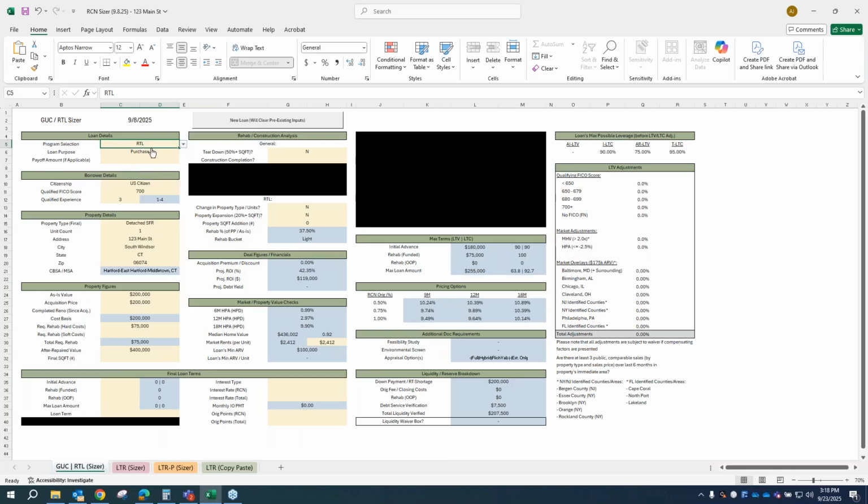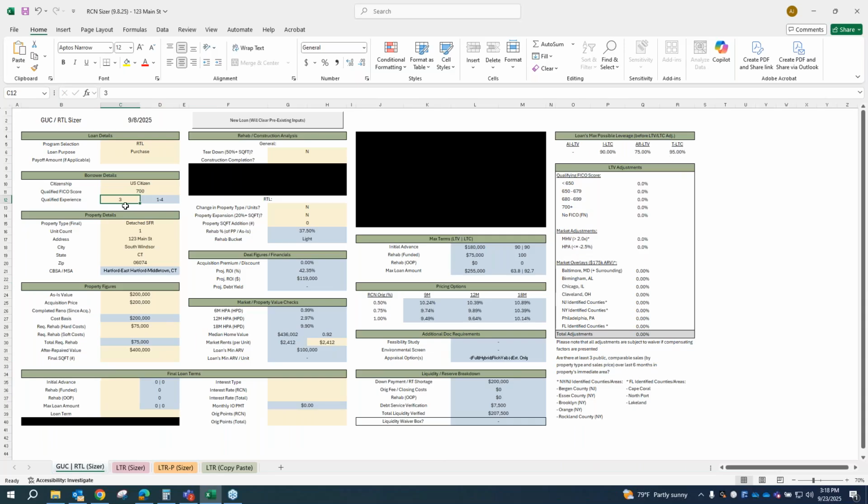So right now we're going to do our RTL. So they're going to do a purchase. Again, their FICO score is 700. They have 3 in experience. Experience is the number of completed rehabs in the state of the subject property in the last 3 years. So they have 3. Once you put that 3 in, you'll notice over here in the upper right-hand corner, it's going to give you your max possible leverages for that particular